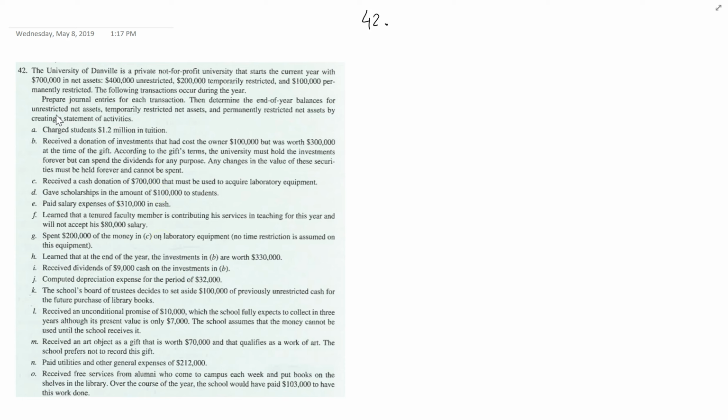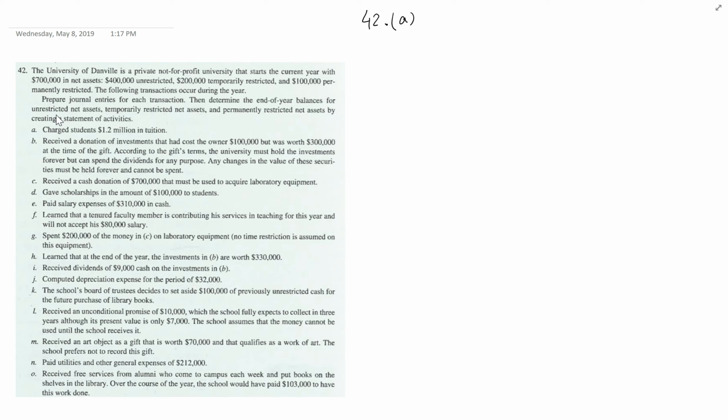Well, the problem also asks to see how those assets are changed, but for our practice purposes and for your exam purpose, we will focus only on those journal entries. So let's start. So first journal entry, number A, says that the university charged students 1.2 million in tuitions. That means they are charging their students their tuition fees, and as you see the Sacred